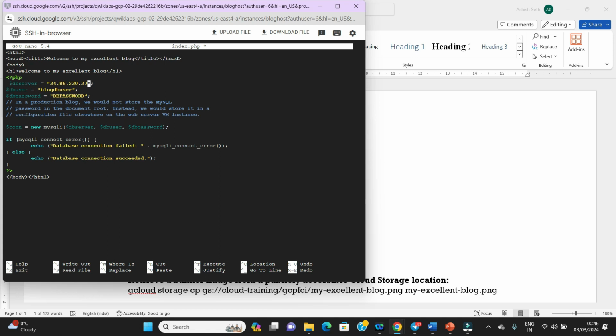This is the IP, and then we have to check if the DB user has been written correctly, and then write here the password. So I will write the password, and then we will save it and go back.